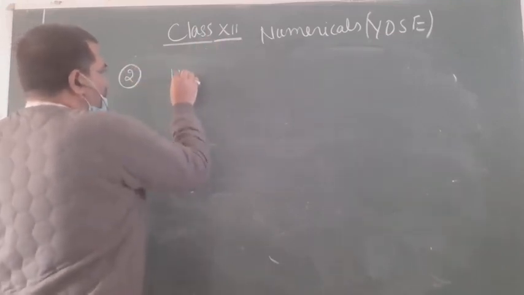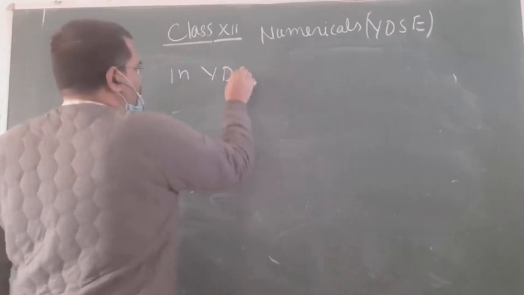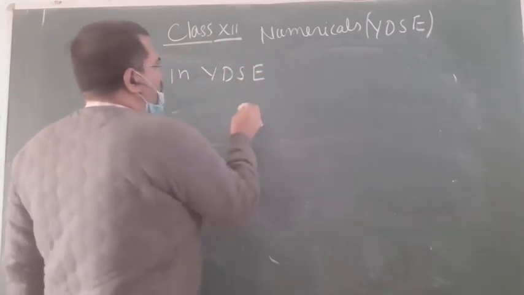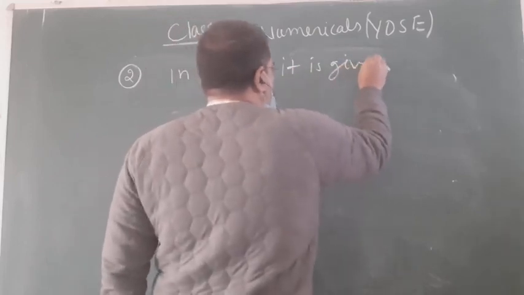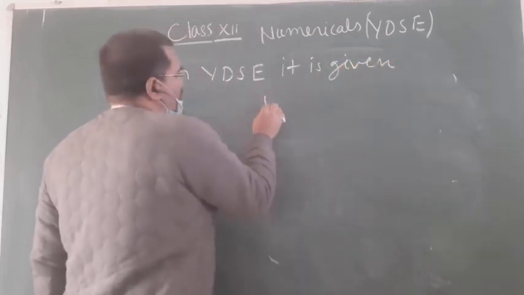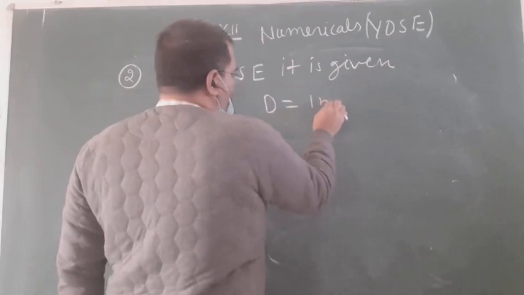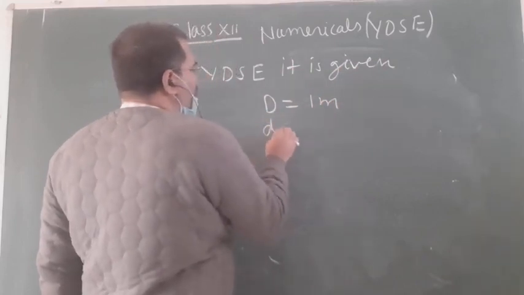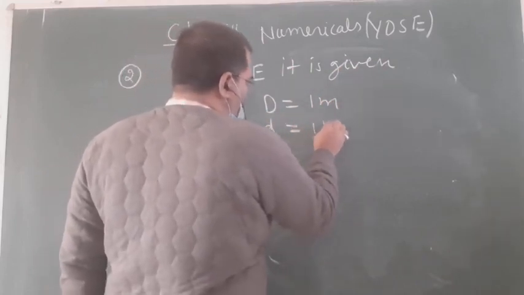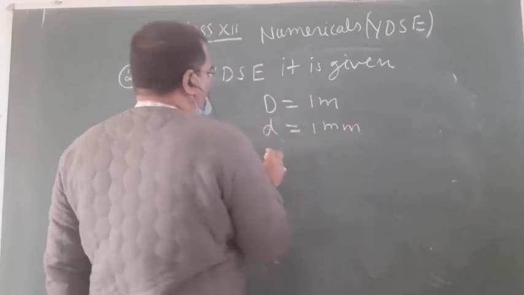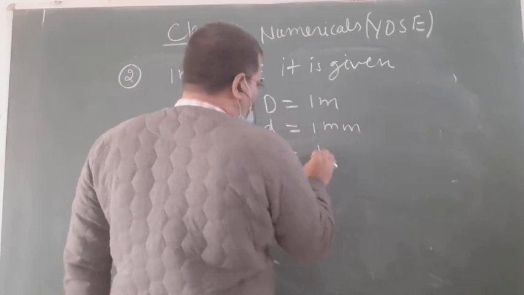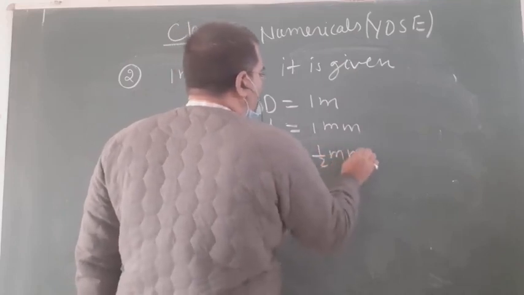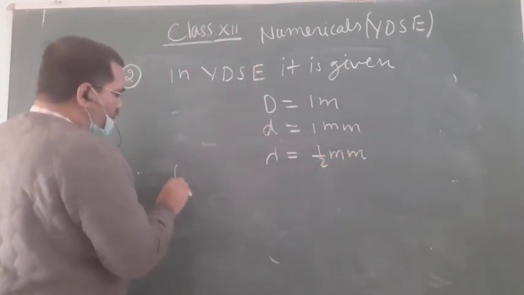In a YDSE setup, it is given that capital D equals 1 meter, small d equals 1 millimeter, and lambda is half a millimeter. Find